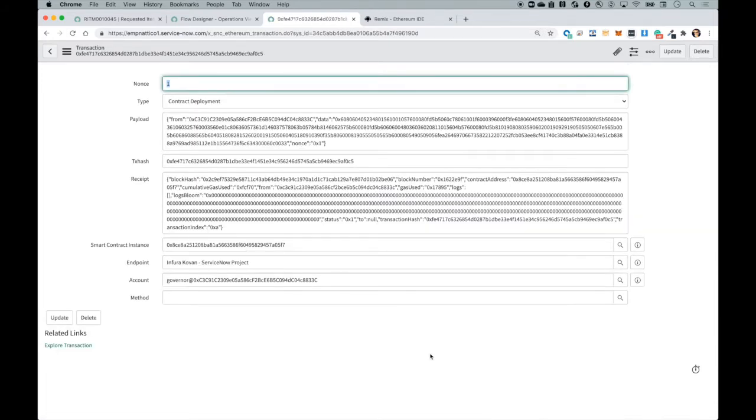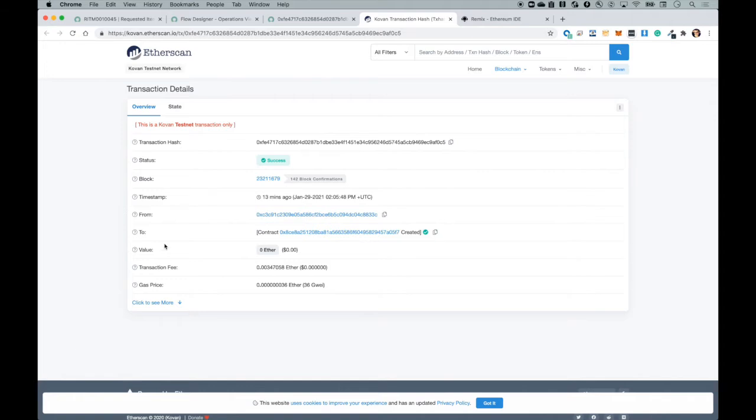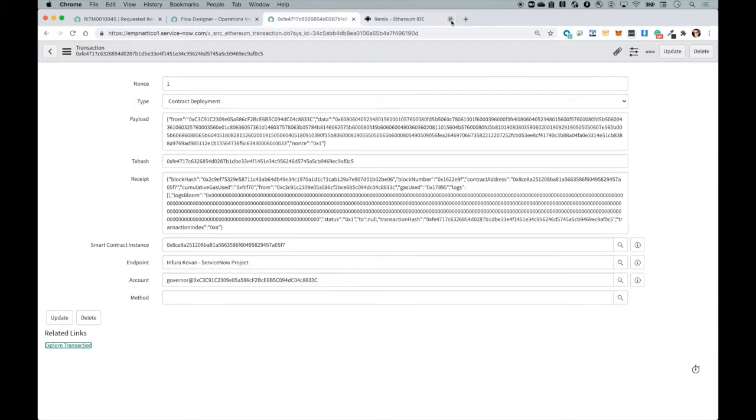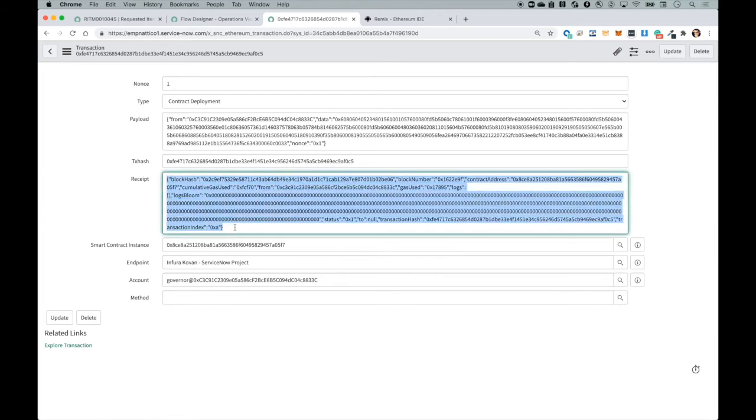And again, from here, I have the possibility to go to the Blockchain Explorer and see the details of this transaction, where I have additional information like the block number and the timestamp, for example, that are actually the same information that I have within the receipt, that is the return from the blockchain regarding the execution. Okay, let's close the transaction.